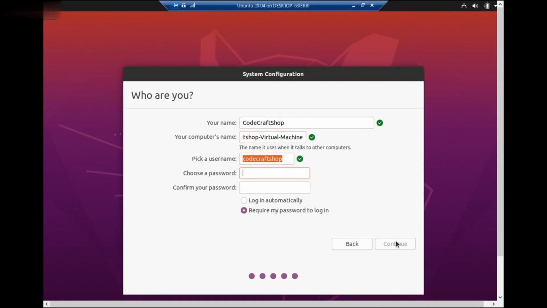We will configure the system, like the name of the system, username and password. So Codecraft Shop is the username and I have configured the password for the same, so that the next time I will log in using my credentials.